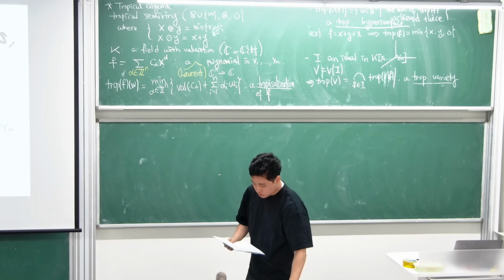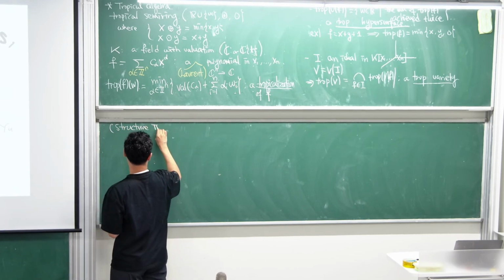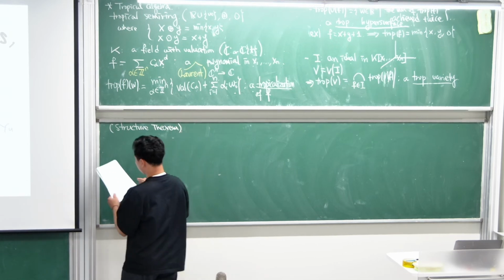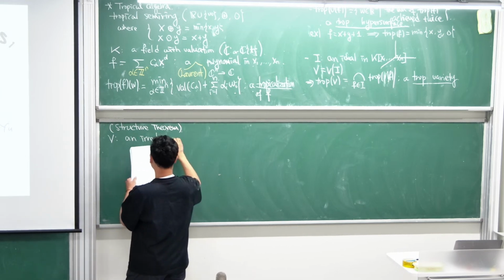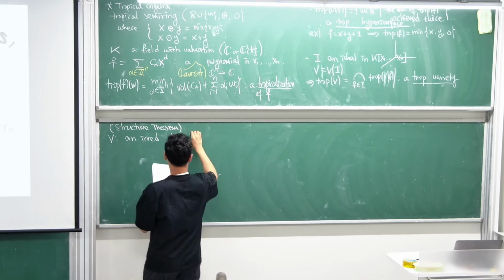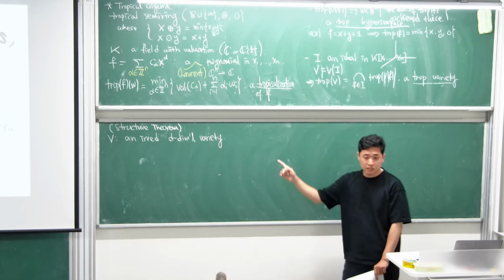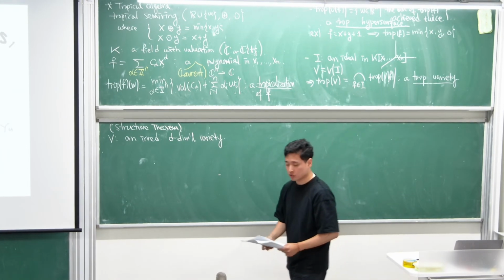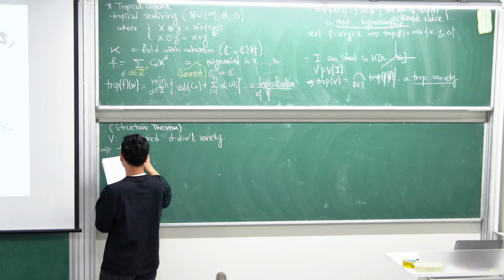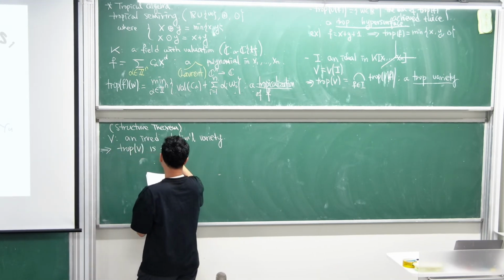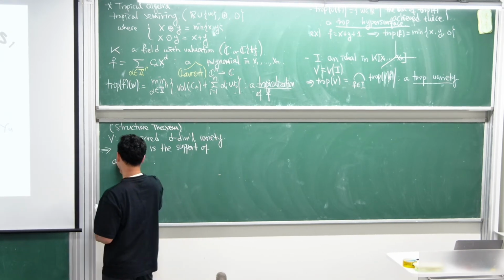Okay, so there's one nice theorem, a structure theorem. If you have V, which is an irreducible algebraic variety, d-dimensional variety, what I want to say is the tropical variety of V has a really nice polyhedral structure. Let me just copy down the result. Probably you don't need to worry about it too much, but the tropical variety of this V is the support of a balanced